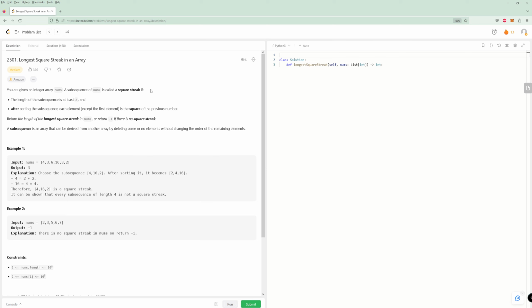You're given an integer array nums. Some sequence of nums is called a square streak. Let's write this down. I like to write it down because I feel like I remember things better that way, so if that helps you, feel free. Okay, so you are given an integer array nums,